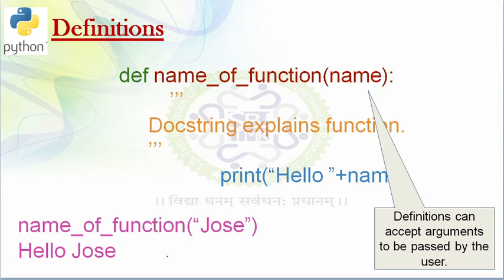Now we can also use arguments that we want to pass to the function, and we can include them in the opening and closing parentheses. So in this definition, we have used name as my argument, and this string is being passed from my calling statement, and you can see the value passed to this function is nothing but juice. We will see all these things in detail in the later part.